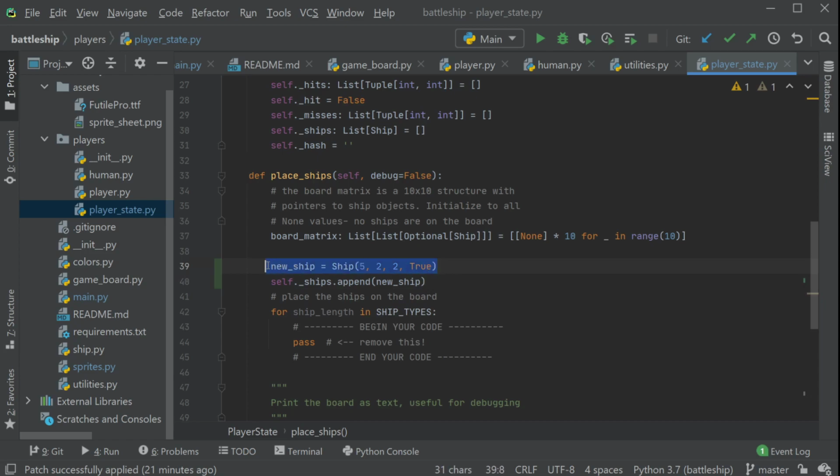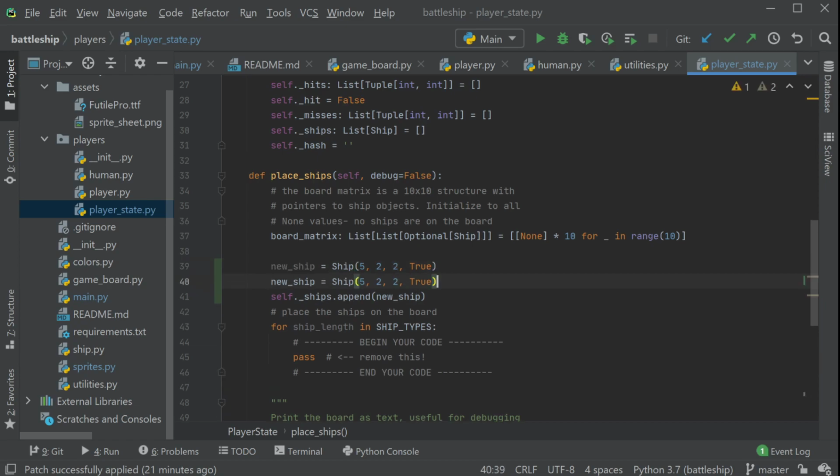Now we could statically create all 5 ships here, but then our game wouldn't be very fun to play because we'd always have the same ship locations. We'll have to come back through here later and actually make random ship positions. But since I'm here right now, why don't I go ahead and create another ship here at a different location, who's smaller and horizontal. All right, so now I have 2 ships,